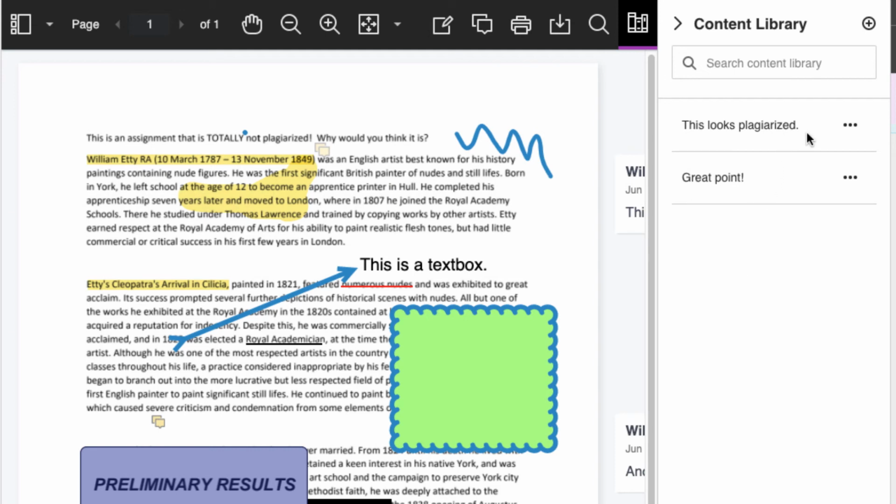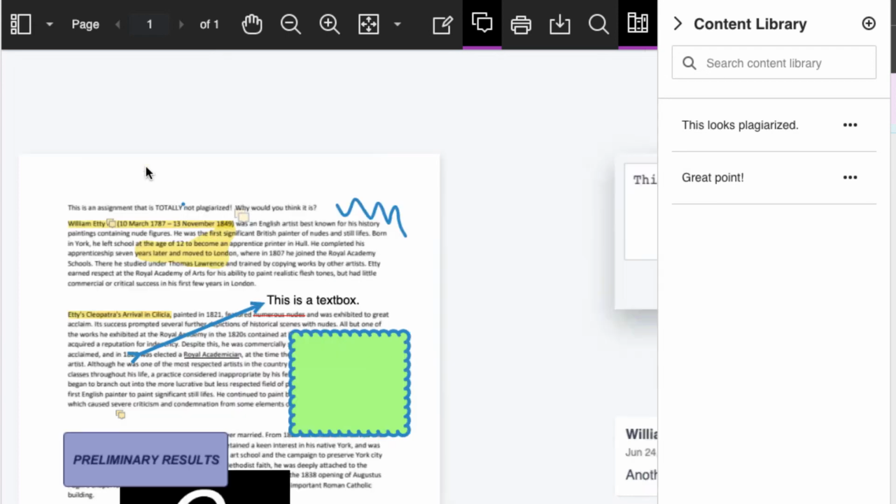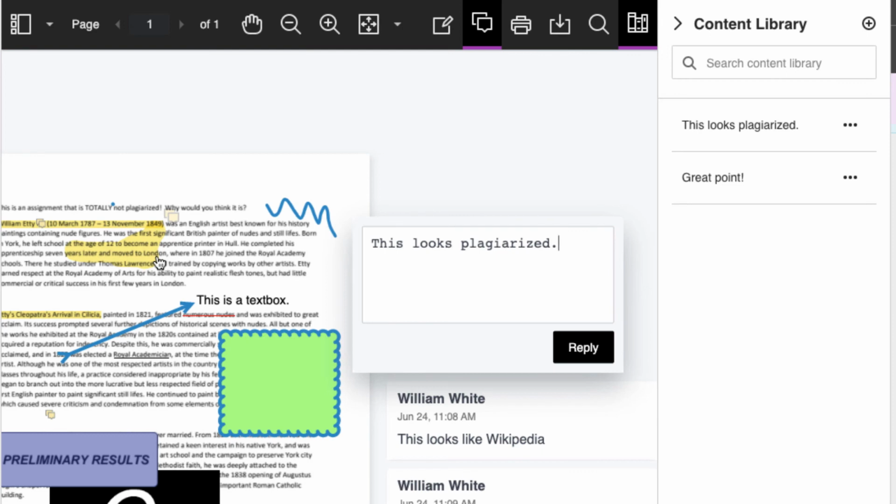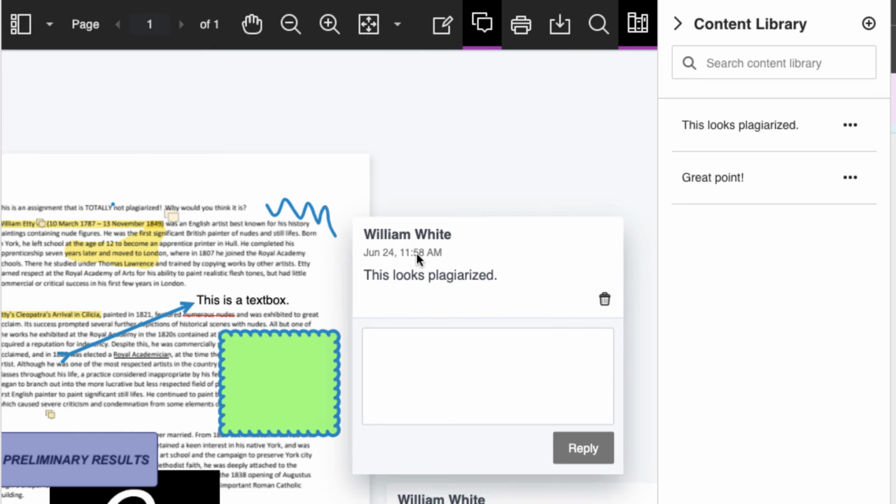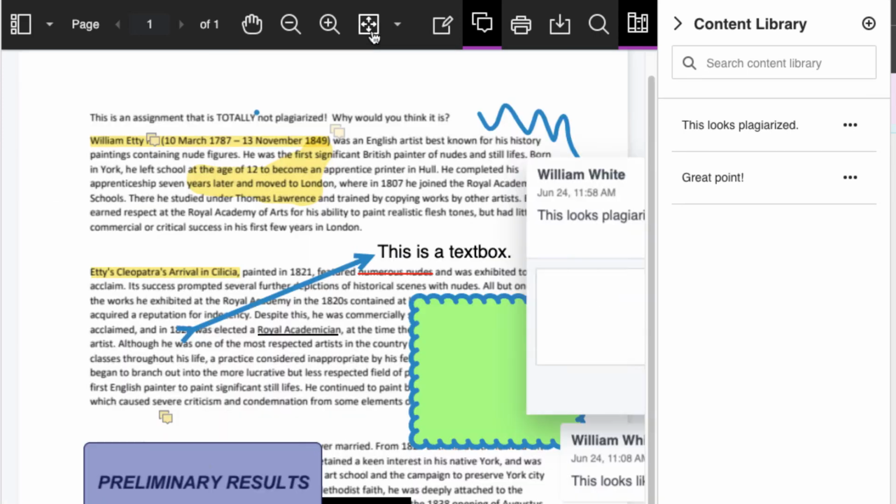So to put something into the document, you click the 3 dots here. This copy to clipboard doesn't work, so you'll have to use Place Comment. When you do that, your mouse allows you to click somewhere. We'll click, and it automatically starts a comment with that information. I'm still able to edit it, so if there's something specific I need to put in, I can put it right there. Click Reply, and it's saved as a comment.